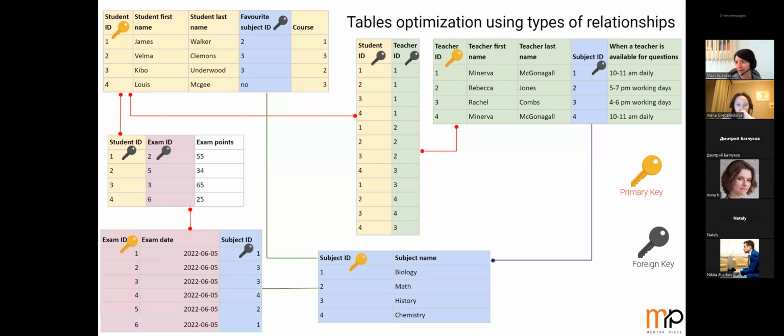Which way is better here? To the students table or to the exams table? Maybe to the exams, yes, because this is the information about the exam. We have the subject ID here. Student ID is going here to the auxiliary table, but it is more